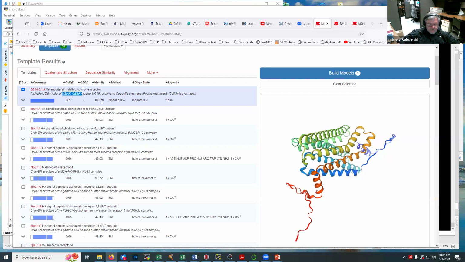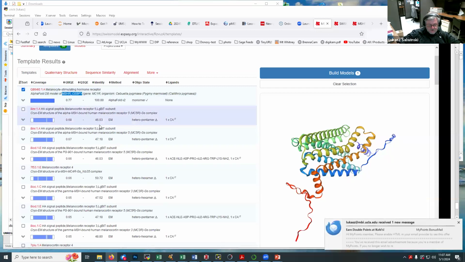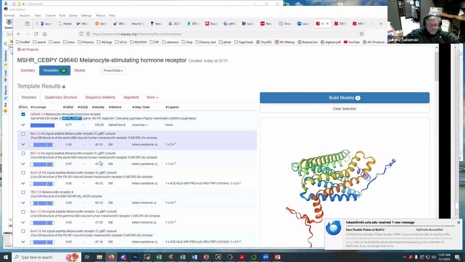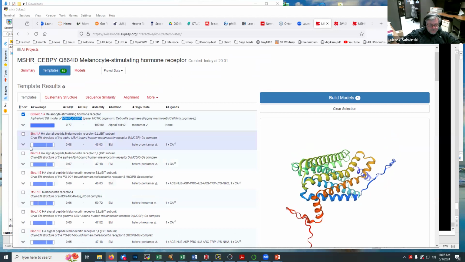But apart from AlphaFold, we do have an entire series of structures with sequences that are identical, some around 50% or so. They differ according to other scores,